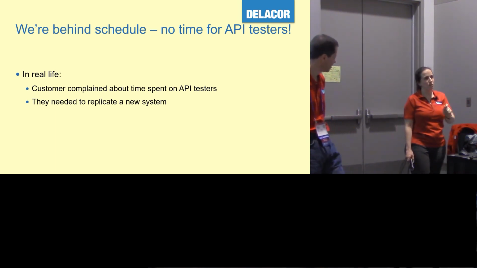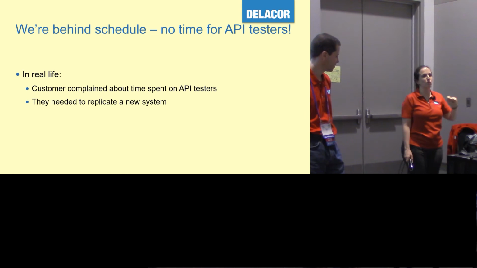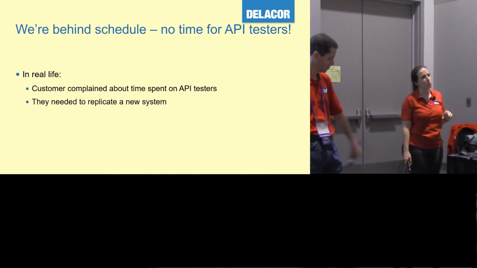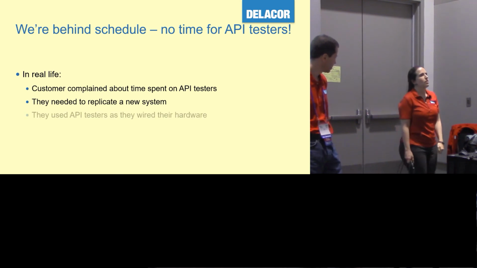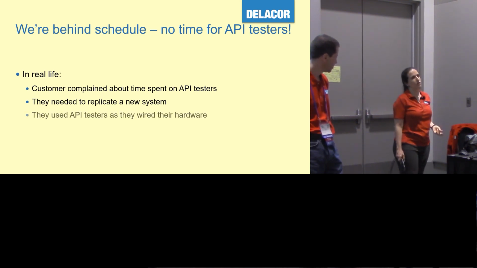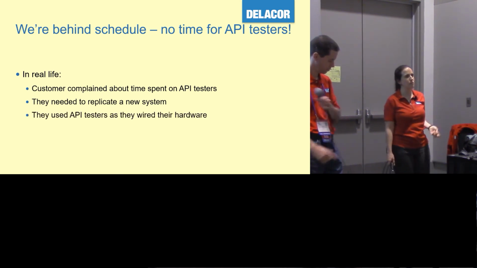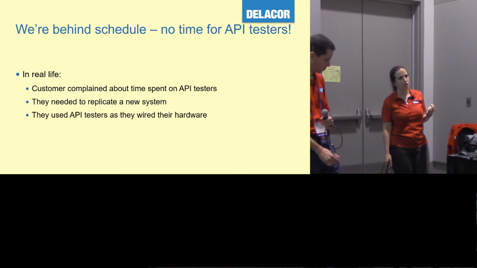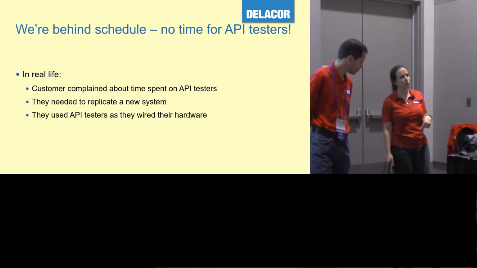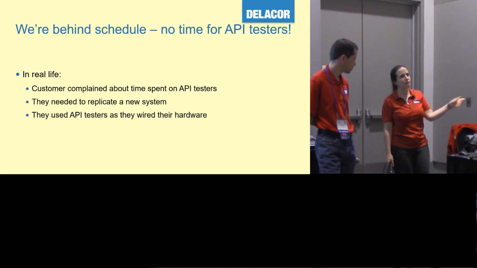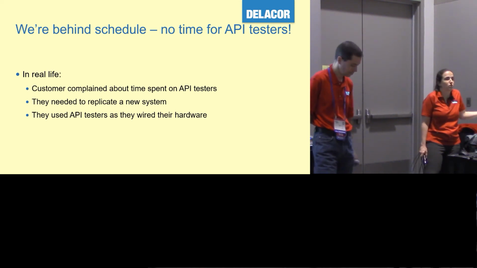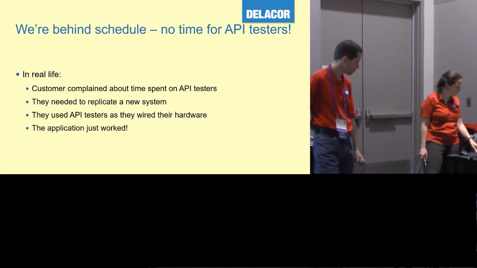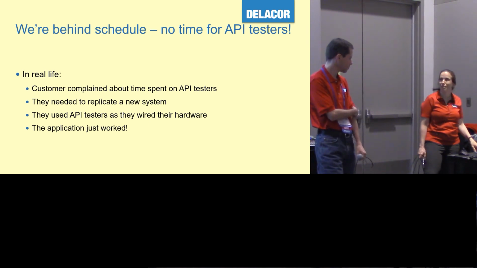You run each one of those. As you are wiring the motors, you run the API tester for the motors. When you're done wiring the syringes, you run the API tester for the syringes. They had budgeted a week for replicating the system. They were done in a day. And that's when their boss was like, when are you bringing that Fabiola back? Yeah, but we have 2 more projects. And then the application just worked. So that's my favorite.